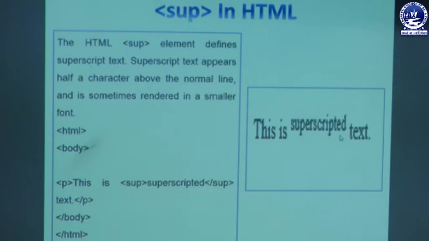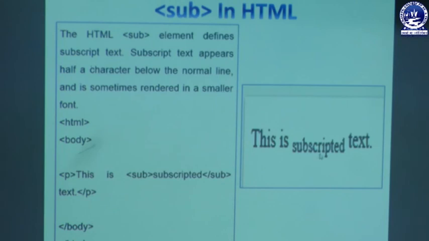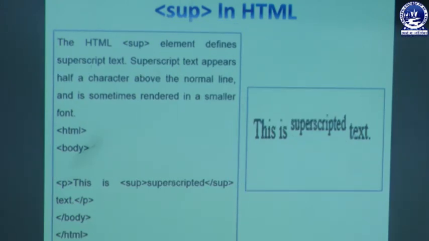So it is used whenever we are giving any power. That means suppose I have to write a square or a cube. So you can see that a square has 2, where the 2 has been superscripted. So at that time we can take the help of SUP tag. So SUP stands for superscript value and SUB stands for subscripted value. So while writing the chemical reaction we can take the help of subscripted value, and whenever we are writing any equation with any powers where the text has been written above the normal text line, at that time we can take the help of SUP tag.